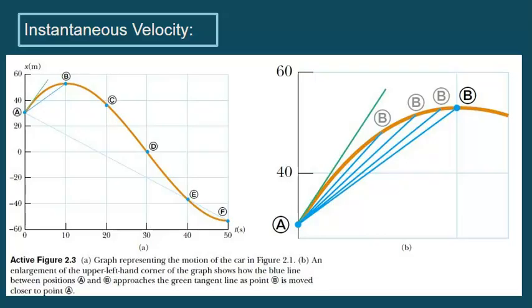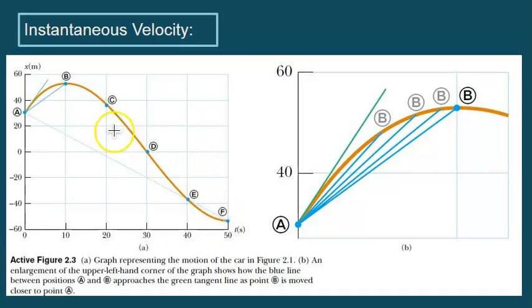I scanned this in from your textbook just to emphasize what instantaneous velocity means. So okay, this is an object that's going forward slower and slower, and then backwards faster and faster and faster. Maybe some of these points are constant speed, not clear, and then it's starting to slow down. So the speed is continuously changing,